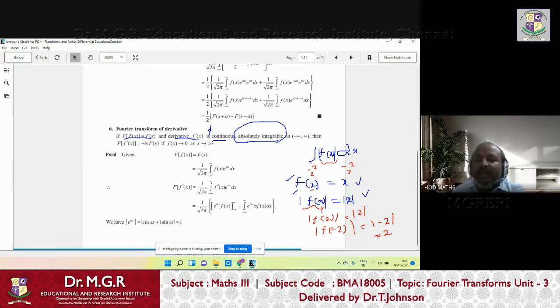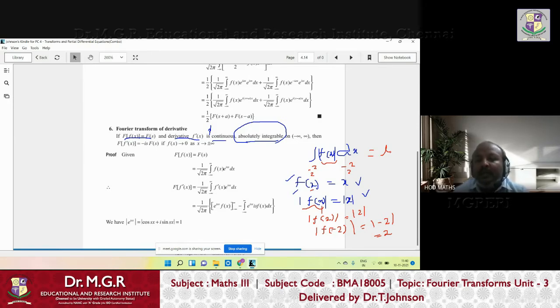So integrating means adding all the positive values, right? It should also have some finite number. That is the meaning of integrable. Integrable means whenever you integrate a function, the integral is nothing but finding the area under the graph, finding the area under the curve. That area should be a finite area. That is the meaning of integrable.